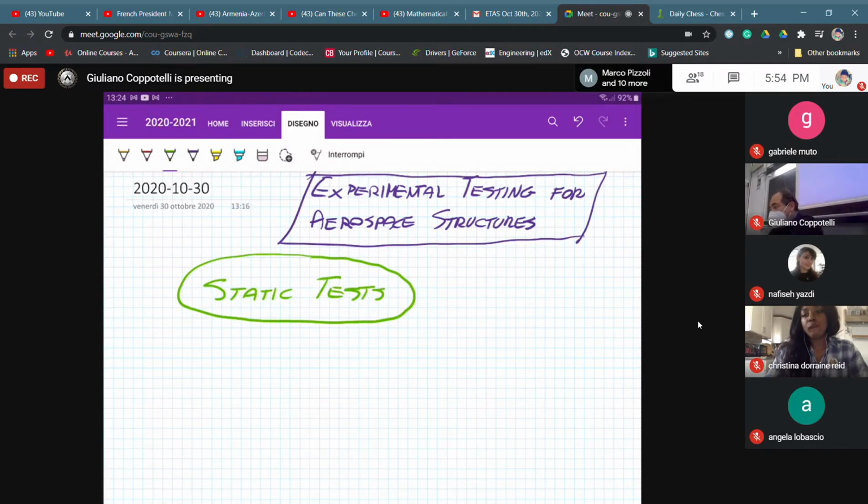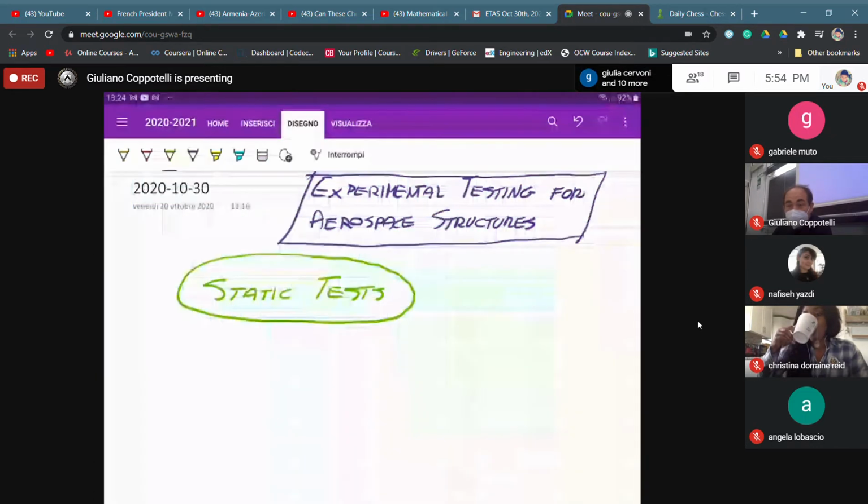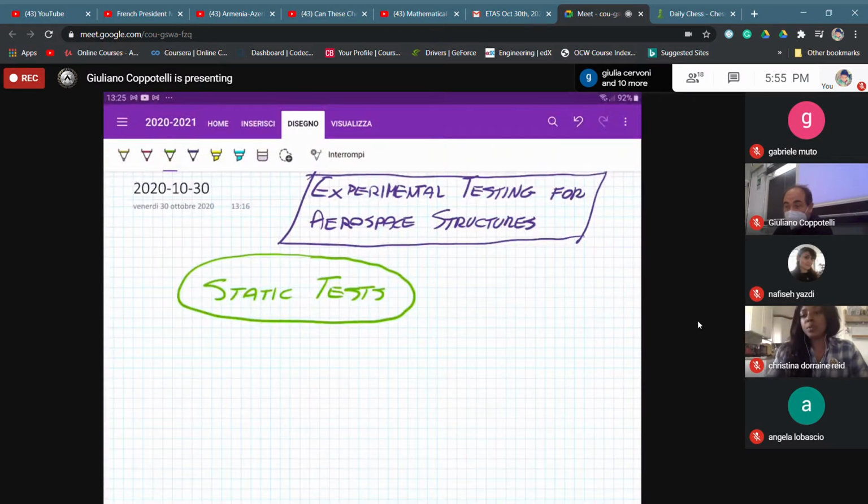Do you have an idea of how long it takes to create a good numerical model for whatever structure? And do you know, or can you figure, how important a validated numerical model could be? That is a numerical model that is actually representing your physical behavior, your structure. Okay, so the aim of the static test is to validate those numerical models